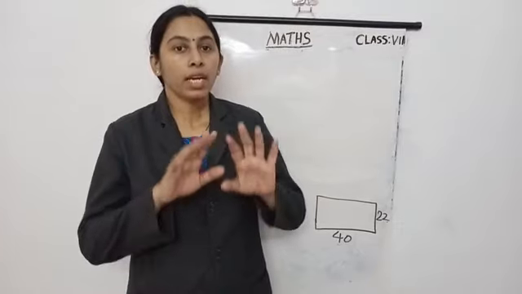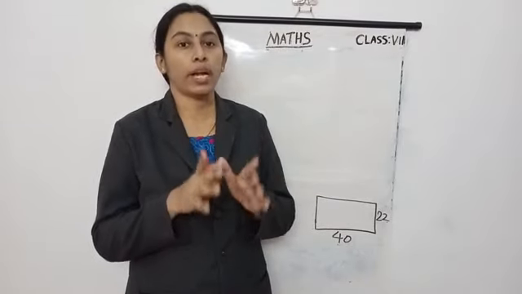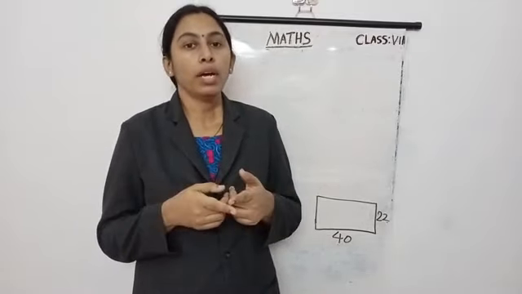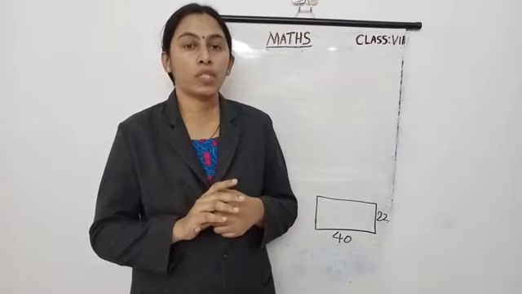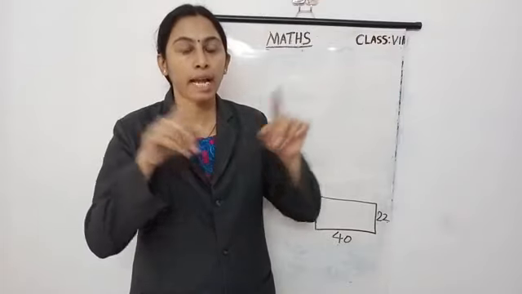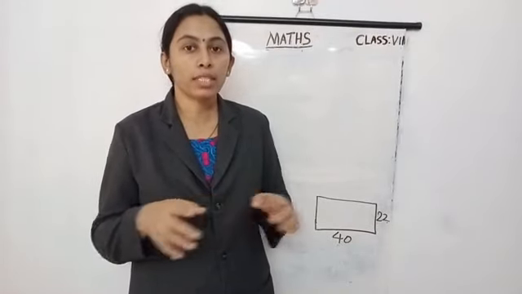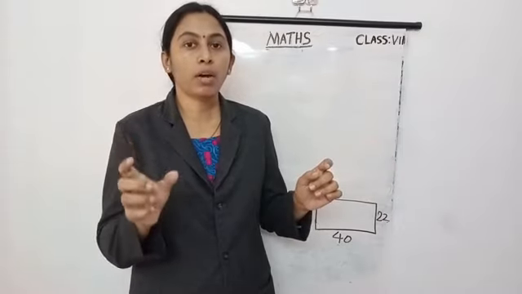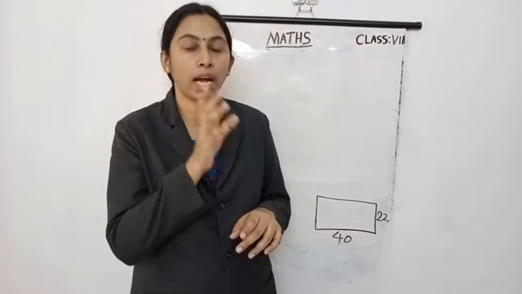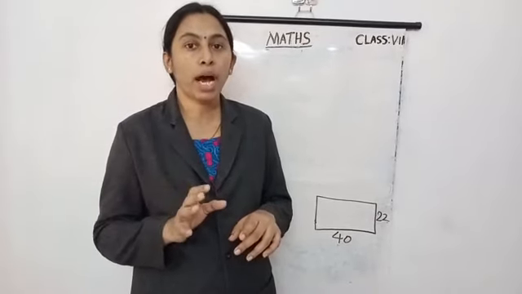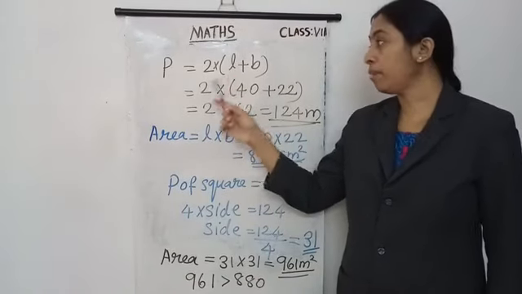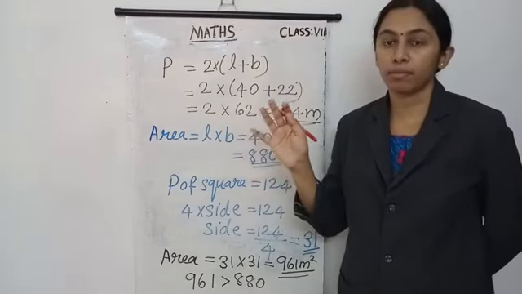So here, given a rectangular shaped wire, it is rebent as a square. So the perimeter of both is the same, isn't it? Same perimeter. That means the rectangle shaped wire is rebent as a square, so the total length is the same for both of them. That means the perimeter of the rectangular shape and the square shape are equal. So first we are going to find the perimeter of that rectangle shape.